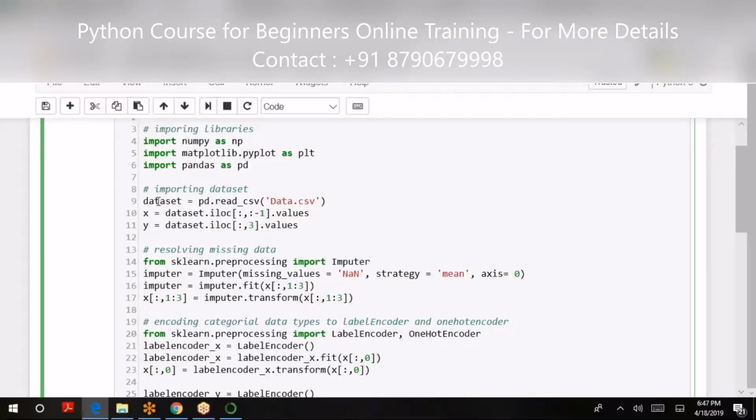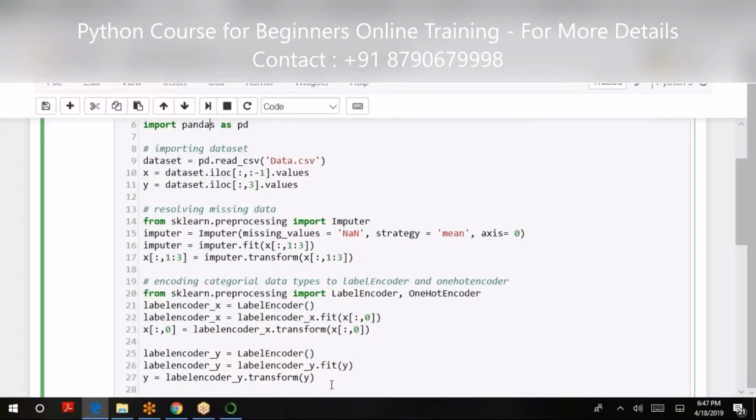This is the simplest feature we are using from Pandas. There are a lot of features from NumPy, Matplotlib, and Pandas, because all these packages are meant for different purposes. NumPy is for numerical computations, SciPy is for scientific computation, Matplotlib is for data visualization and graphs, and Pandas is for data pre-processing.